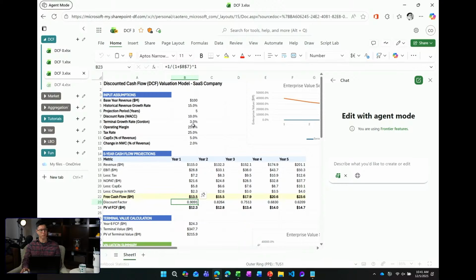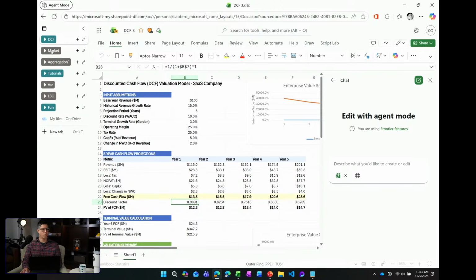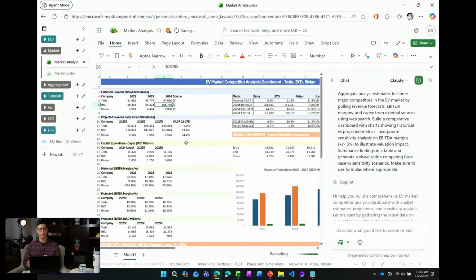So you almost learn by the output that you get from agent mode. You look at it and it's like, wow, that's a more efficient function that I could have used, or arrangement. Yeah, and actually in my experience, when I was in finance and I was learning how to use Excel, that's a lot of how I would learn. I would try to deconstruct workbooks from my colleagues and look at the patterns, right? Oh, I could apply that. That's a much cleaner way of solving the problem that I was trying to solve. So you can use agent mode to teach you new patterns as well, right? You can ask it, hey, look at my model. How would you improve it? Look at this formula. How would you make it more efficient? Right. Yeah.